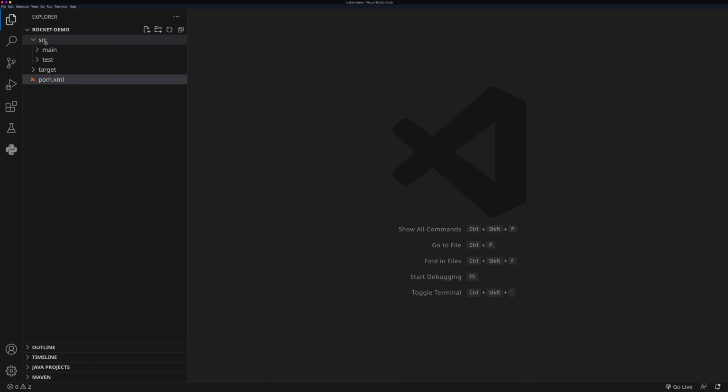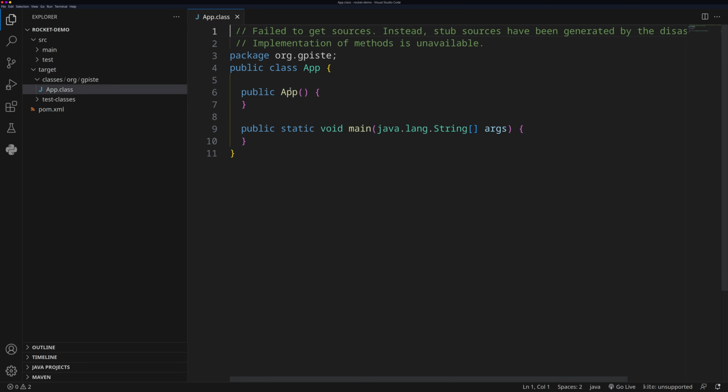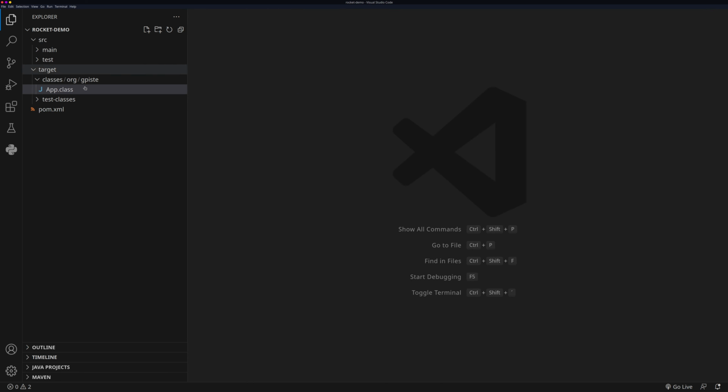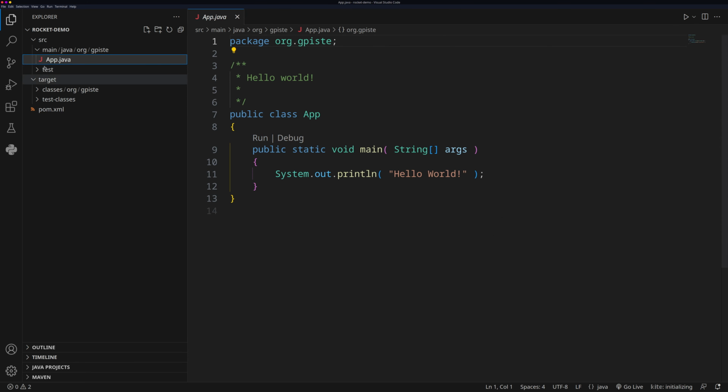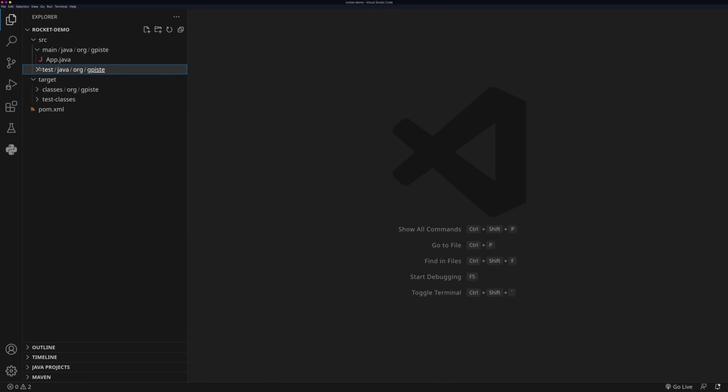Then there is this source folder that is including our source codes, and then there is this target folder. When we are building the project, there will be this application file, class file that is like a compiled. But we are not using those either, we can just forget that. Then this source folder has this main folder that has all the code. So here is our code, and if we would be building some tests, then the tests would be here. But in this demo we are not building any unit tests, so let's skip that,